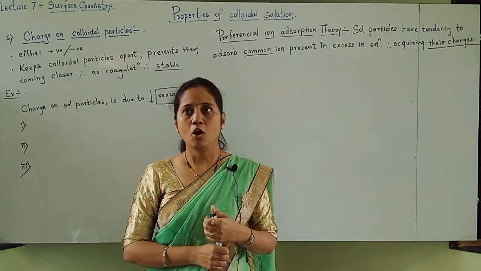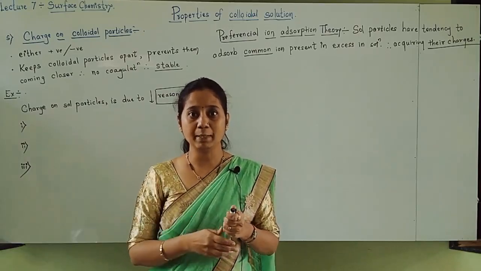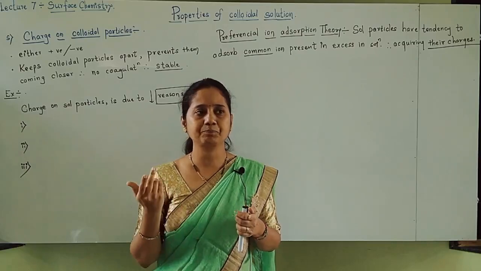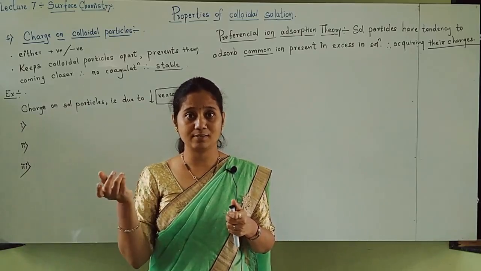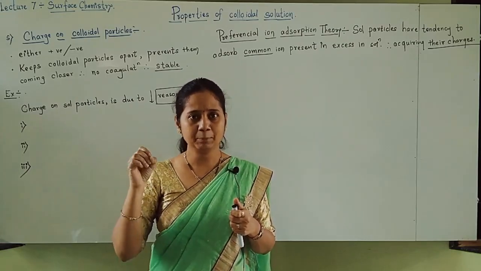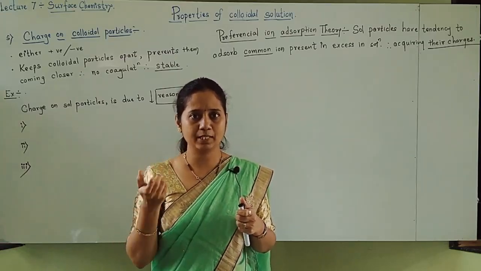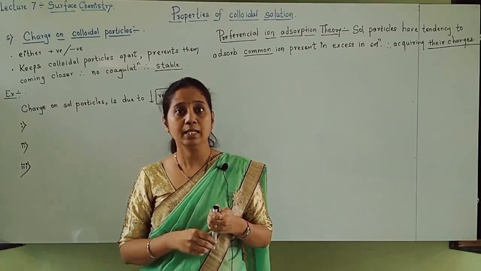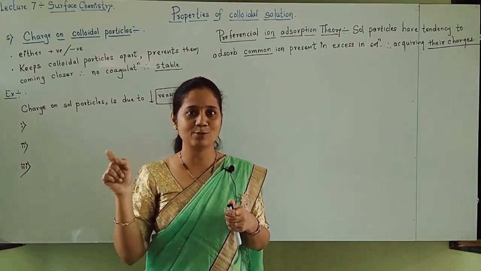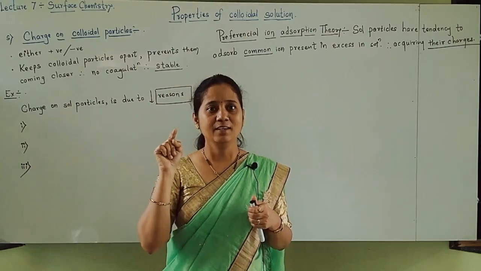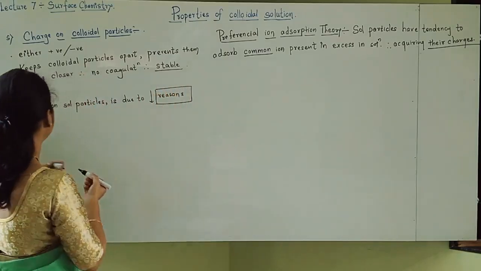For example, all metal sols are negatively charged. Otherwise, you can take the example of blood. Blood is also a colloidal solution. In blood also, you know that so many corpuscles are dispersed. So blood is a very good example of colloidal solution. In blood, hemoglobin, heme particles, iron, metal sols are negatively charged, and that's why blood sol is also negatively charged. Any example you can think of?